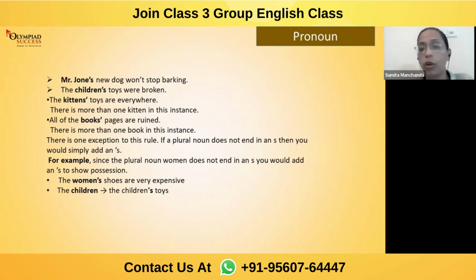If I say the womens shoes are very expensive, this sentence is wrong because there is a belonging, so apostrophe needs to be there. It's compulsory. Whenever a sentence has belonging, apostrophe should be there. If you are not using apostrophe, your sentence will become wrong. But as women and children are both plural, you are going to add apostrophe S, apostrophe before S and